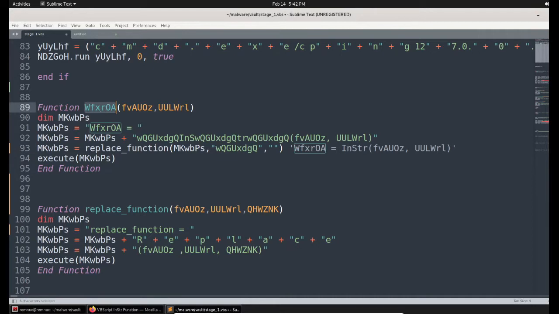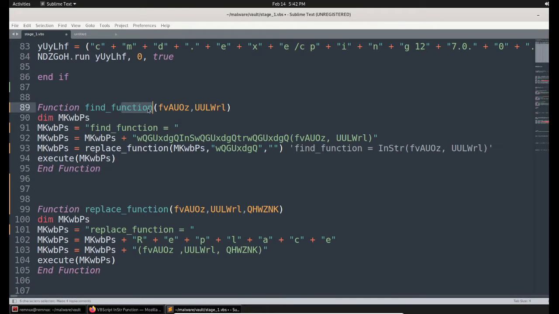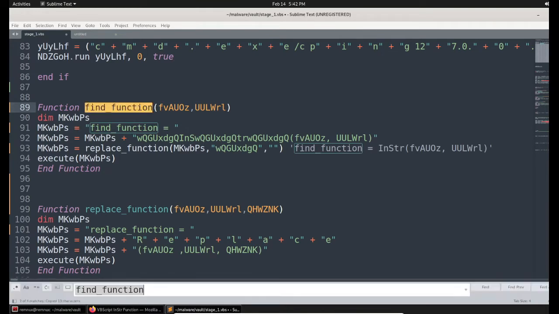So we can simply call this function the find function, as it is doing a find operation. So let's do that. Ctrl+F, Ctrl+H replacement, find underscore function. Ctrl+Alt+Enter once again to replace the occurrences. I'm again moving to the find function.